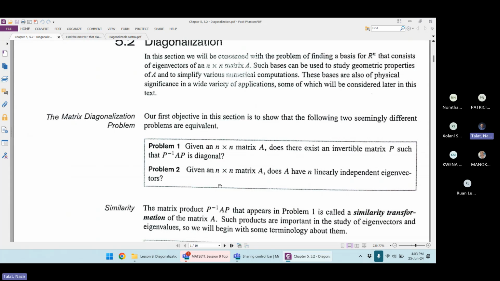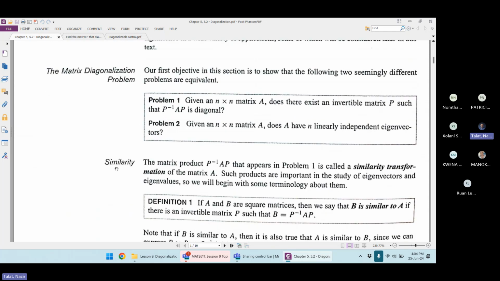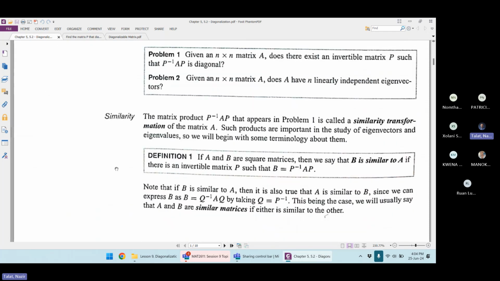And moreover, for an n cross n matrix, does A have n linearly independent eigenvectors? So for getting the answer to these two problems, we have the following results in this regard. First of all, we will see the definition. There is one definition that if A and B are two square matrices, meaning the matrices have the same number of rows and the same number of columns,